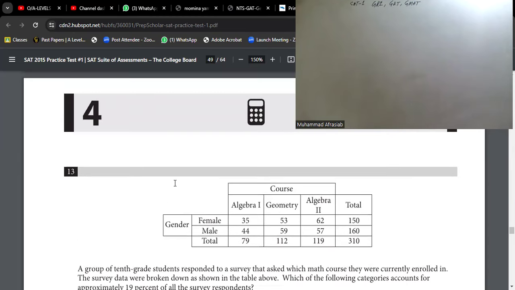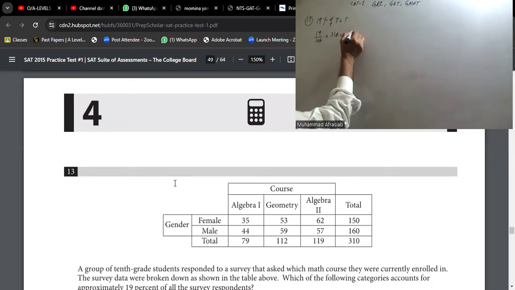Since they are asking for 19% of the total students, and the total students for the females and males is equal to 310, we will calculate this part for question number 13. 19% of the total. This means 19% of 310